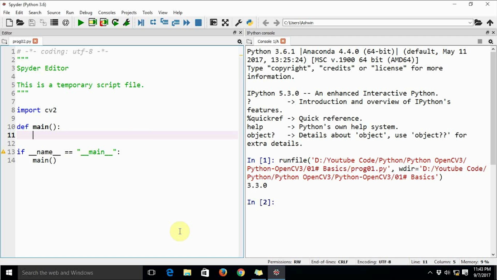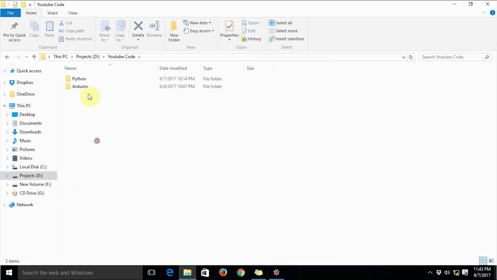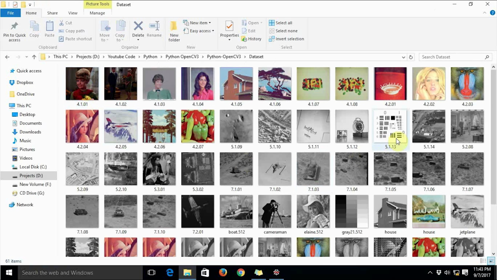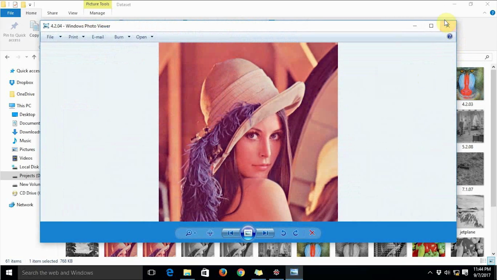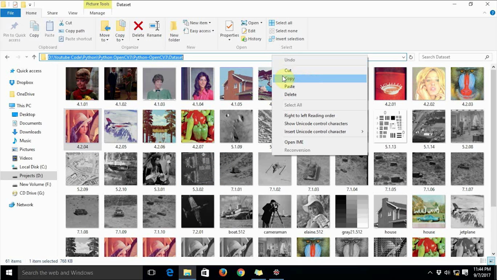I have got the dataset downloaded and saved in a location. Let me show you the dataset. This is the dataset. If you remember, in the last tutorial I had recommended a couple of links from where we can download the datasets for processing of images. These are all images from those datasets, and they are very useful. You will get all sorts of images that you want, in various resolutions, grayscale images, images in RGB format, colored images, and all that sort of stuff. This is the path of the dataset.